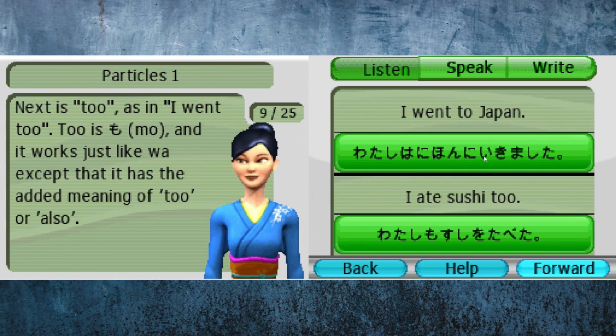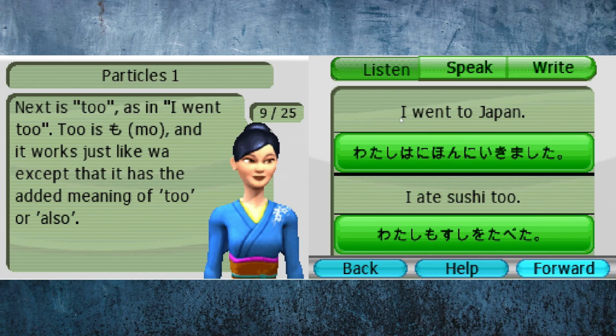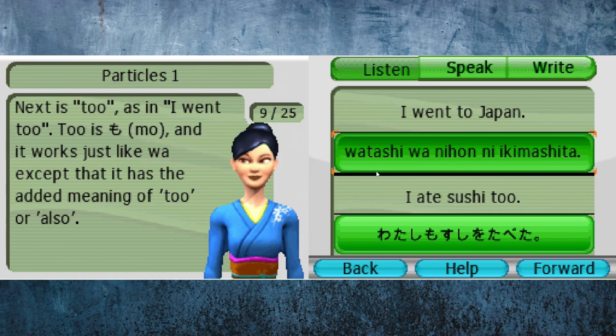So the verb iku here is ikimashita, which is the past tense of iku. Iku means to go. Ni means in or at, and you usually put the particle ni after the place, and the place is Nihon, which is Japan, right here. And watashi wa means I, and you're the subject of the sentence, so watashi wa Nihon ni ikimashita. Watashi wa Nihon ni ikimashita. 私は日本に行きました。